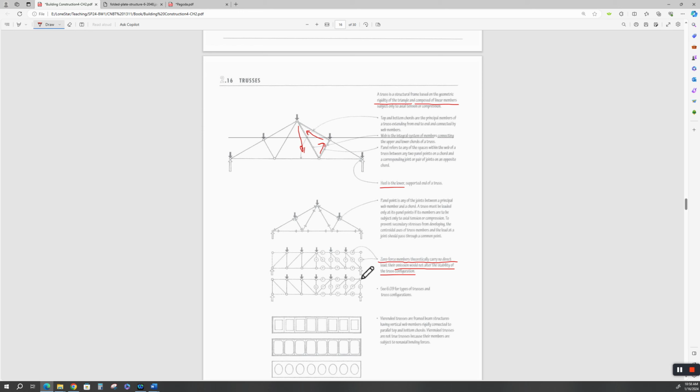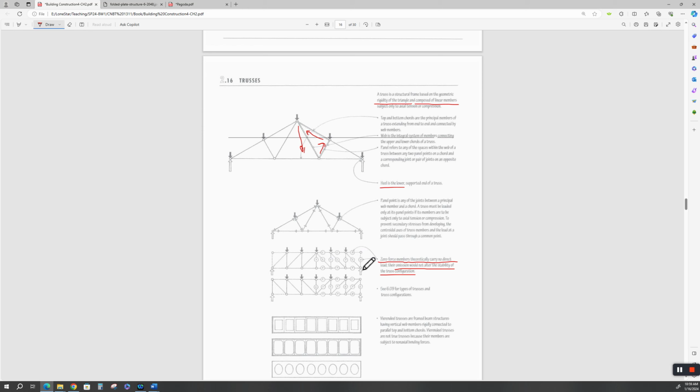Then these might carry a load. But giving Ching the credit here, what he's saying is theoretically correct, that the way this truss is loaded, here, here, here, here, and here, yes, this triangle carries no load. However,